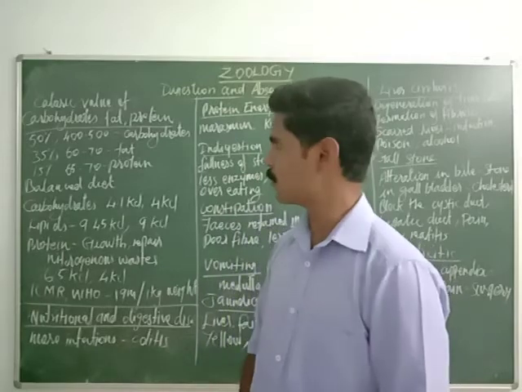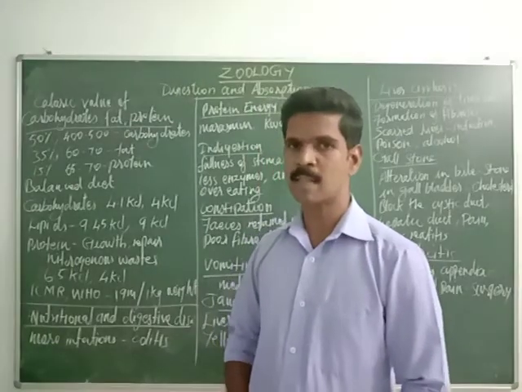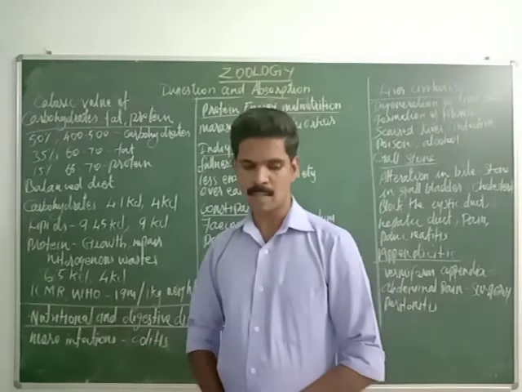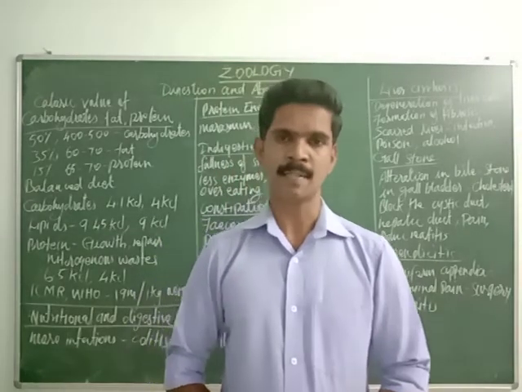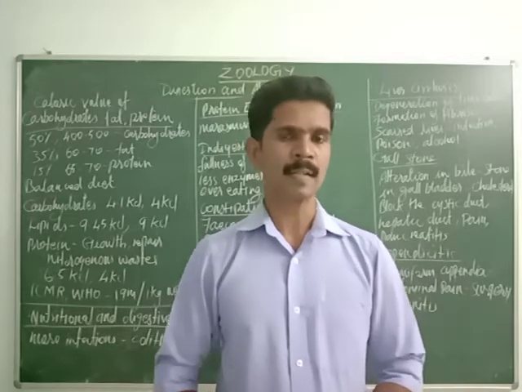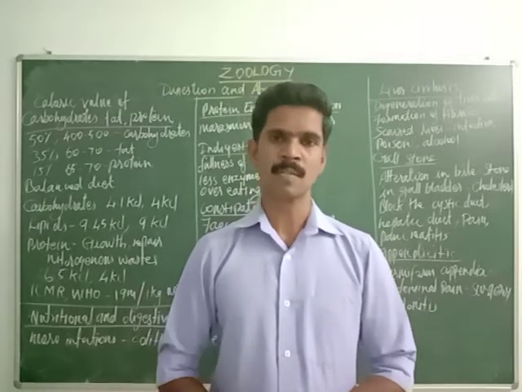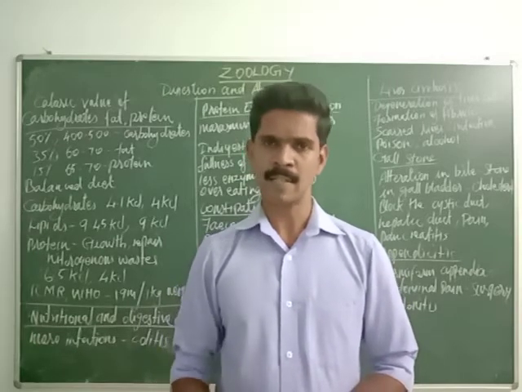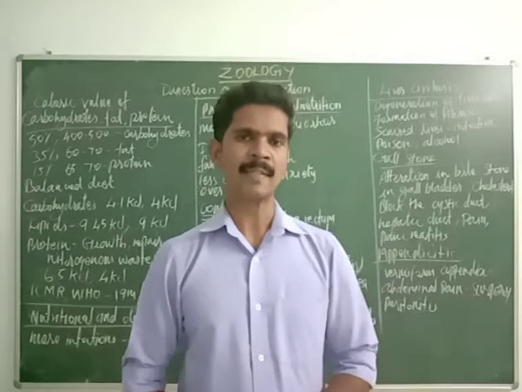Dear students, from the carbohydrate we are getting 50% energy, from the fat 35% energy, and from the protein 15% energy. The balanced diet that we are eating depends on the age, the gender, the physical activities, and the conditions of our body. A balanced diet is the diet which contains all nutrients in correct proportion. The amount of this balanced diet varies based on the age, gender, or the physical activities of the body.